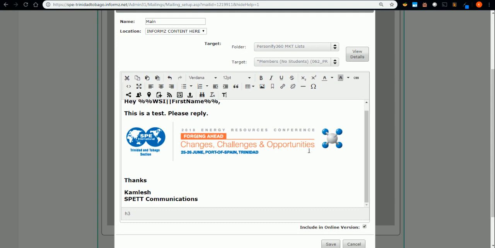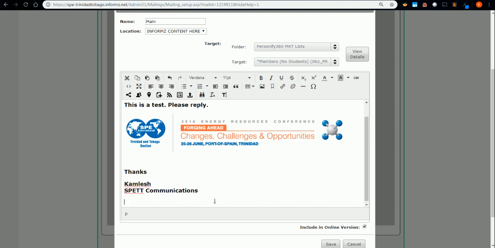For example, one reason why you'd want to do this is maybe you'd want to send each target group a slightly different story. So maybe you might want to remind students in the same mail that they have an upcoming event at some later date, for example, or maybe in the members one here, you can put